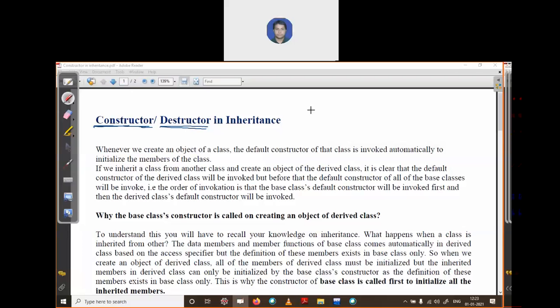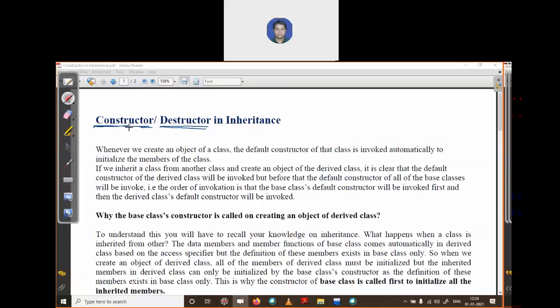When we create a class, inside this class there are several functions. When your function name is the same as your class name, and you create an object of that class, this function is called automatically. This is called a constructor.